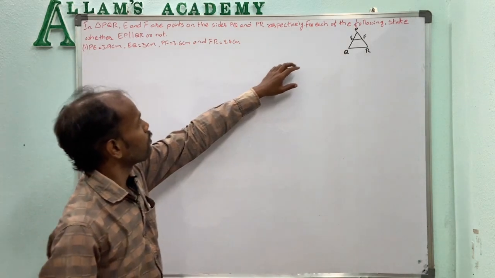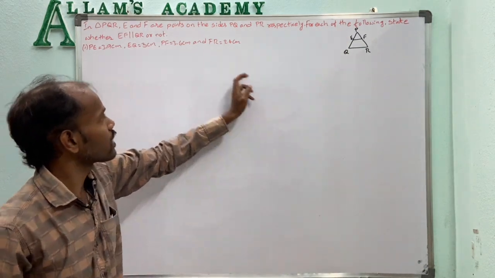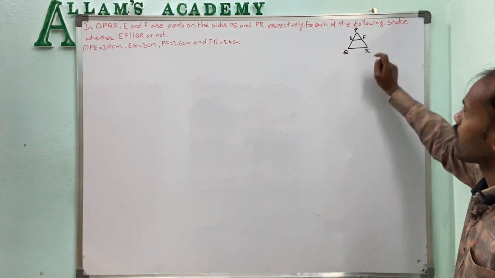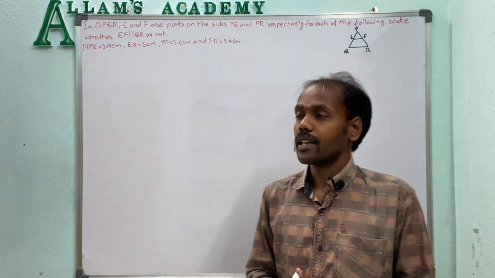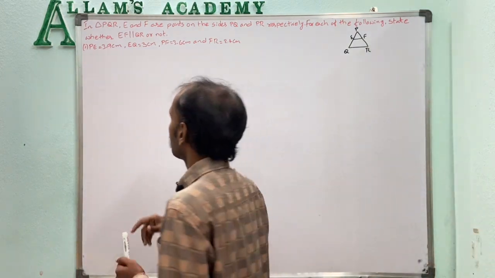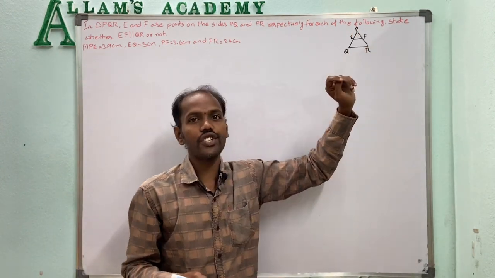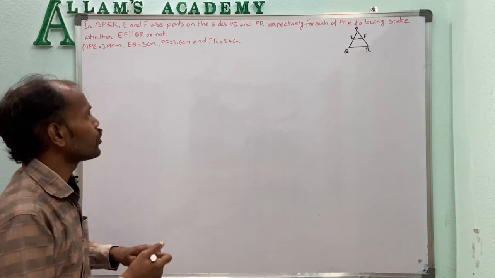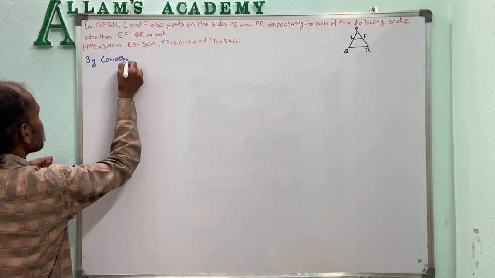That means we have to prove it by the basic proportionality theorem. So here, given PE length 3.9 centimeters, EQ length 3 centimeters, PF length 3.6 centimeters and FR length 2.4 centimeters. Now this one we prove by the converse of the basic proportionality theorem. That means if the dividing points are in the equal ratio, then the line EF is parallel to QR. So by the converse of the basic proportionality theorem,